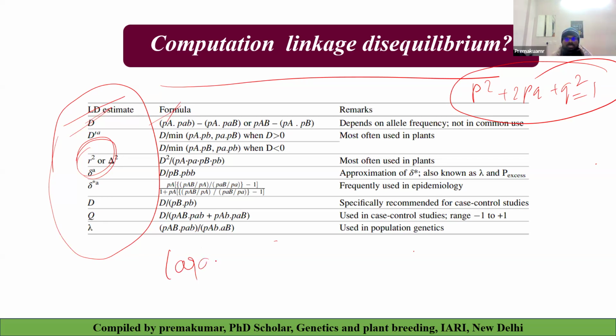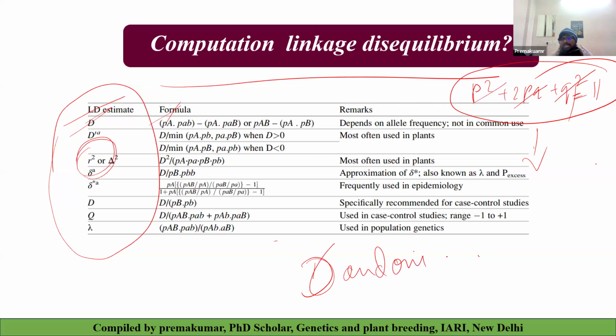Yeah, when in a large Mendelian population, the gene and genotypic frequencies are equal across the generations, this is called Hardy-Weinberg equilibrium. Means P square plus 2PQ plus Q square is equal to 1. If it is not equal to 1, then the population will be in disequilibrium. And the condition exists